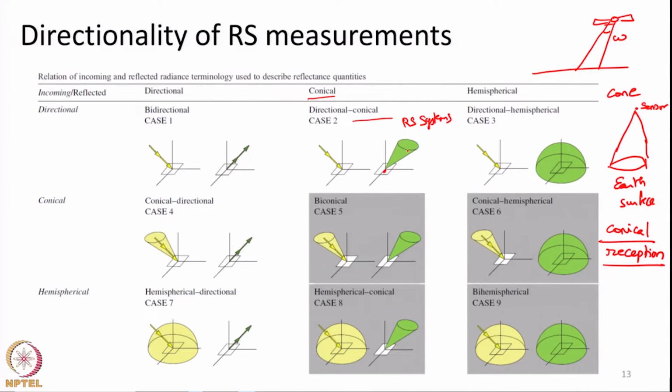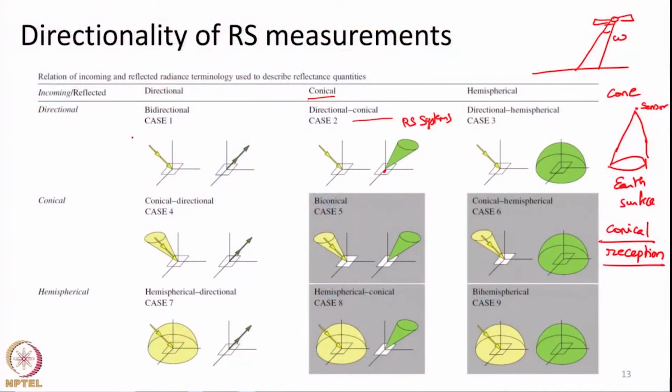On the other hand, if we look at the incoming radiation, we can consider incoming radiation either as a direct single ray of radiation, or we can integrate the radiation over an entire hemisphere, etc. So, let me give different examples. Say, for example, a bright sunny day. For a bright sunny day we can consider the incoming solar radiation